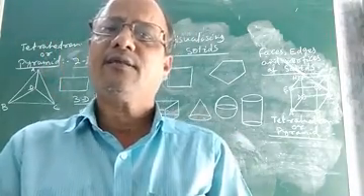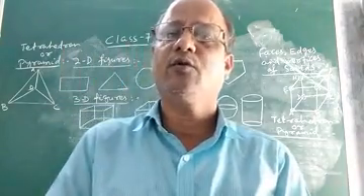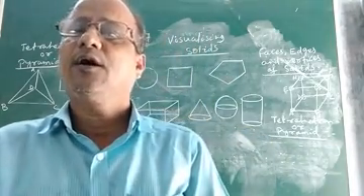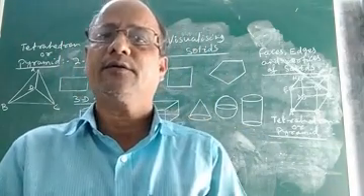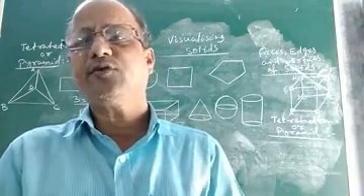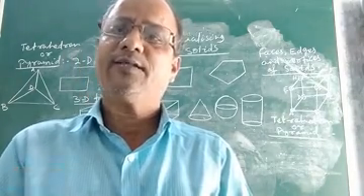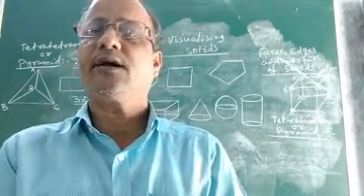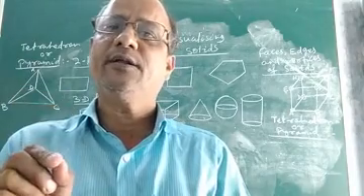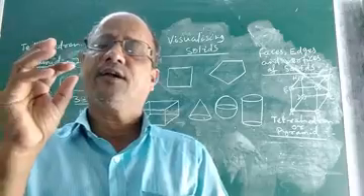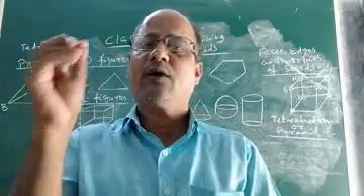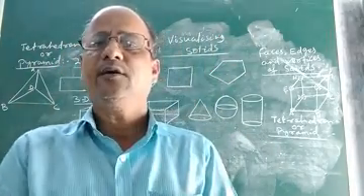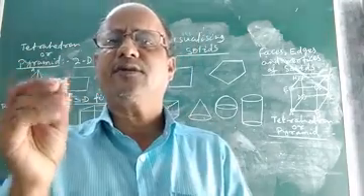Children, in the last class, we were discussing symmetry, where I had discussed the last part of the chapter, that is, how to find line symmetry of regular polygons. I had discussed the chapter in detail, and I am sure you must have understood what is symmetry, symmetrical figure, under what condition a figure is said to be symmetrical or symmetric, how to find line symmetry of different alphabets, different figures, triangle, quadrilateral, then regular polygons, etc. So everything regarding line symmetry was discussed in detail.